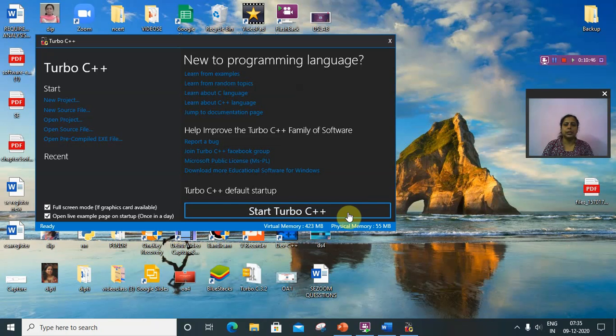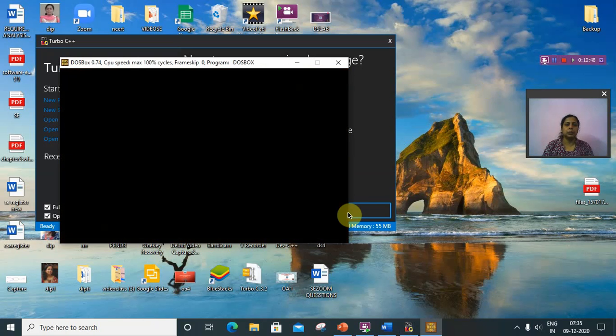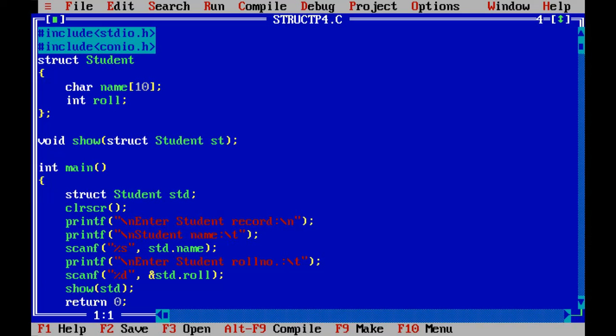So let us start Turbo C++. In Turbo C++, this is the program. First we have declared the structure of student, struct student with name and roll number. After that we have declared the function, that is void show, having the parameter of student type.